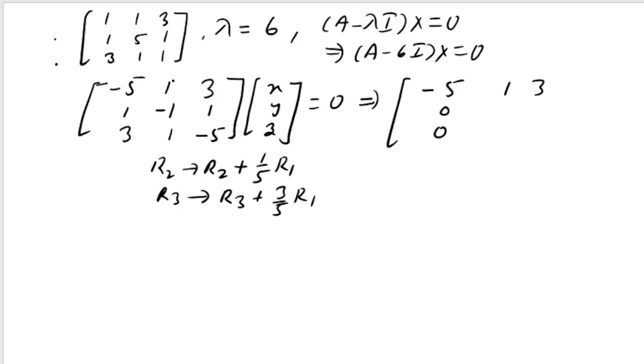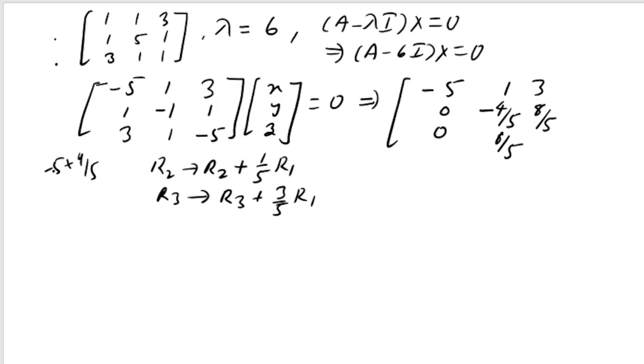So minus 1 plus 1 by 5, it is minus 4 by 5, and 1 plus 3 by 5 is 8 by 5, and minus 5 plus 9 by 5,